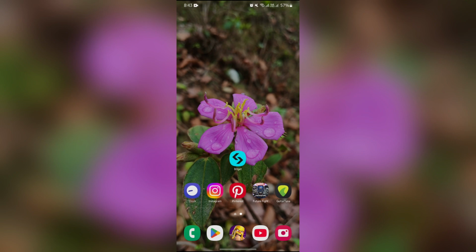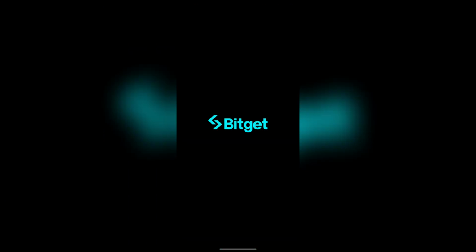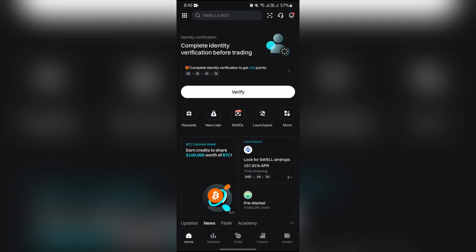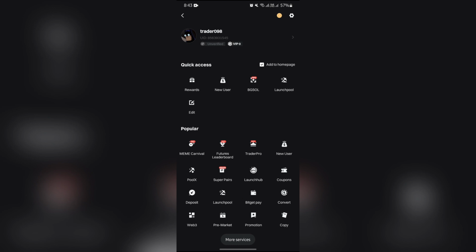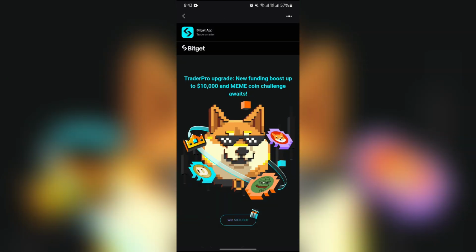Now, in order to know what is Trader Pro challenge and how to do it, you just simply have to open Bitget, and after opening the Bitget, you will get to see this icon into the top left corner. Just simply tap into that, and after that you will get this Trader Pro option into popular. Just simply select Trader Pro option, and after opening the Trader Pro section into your Bitget, you will get to